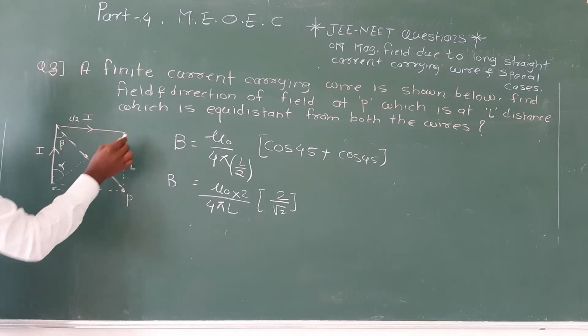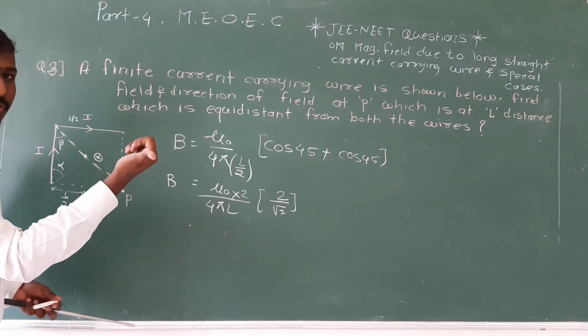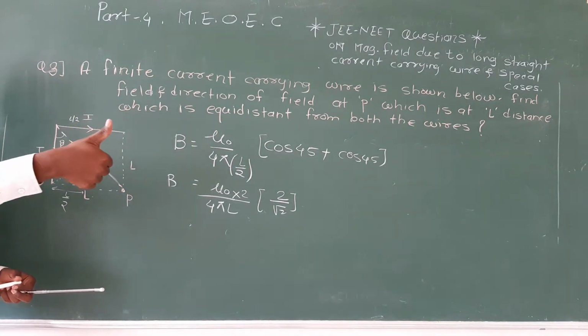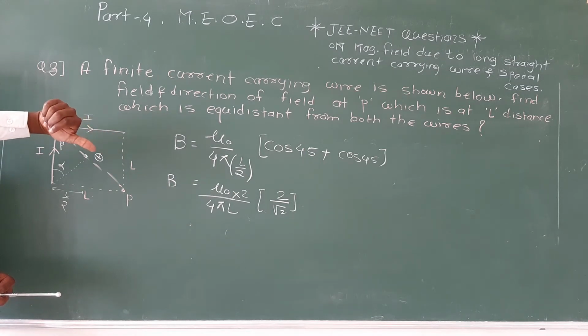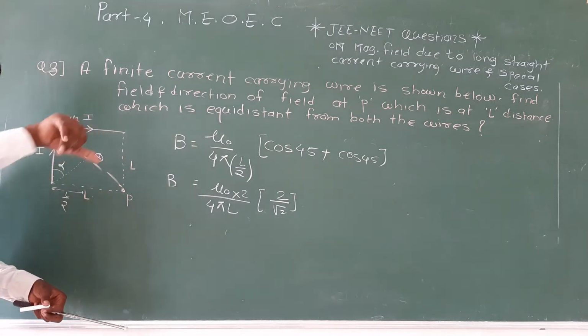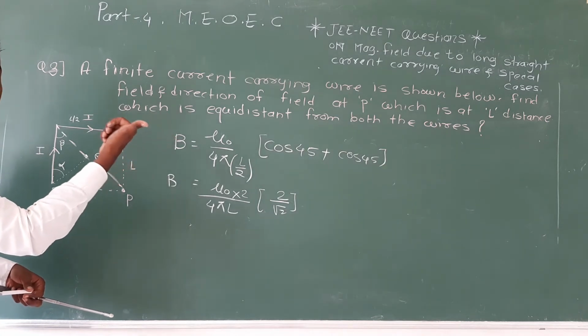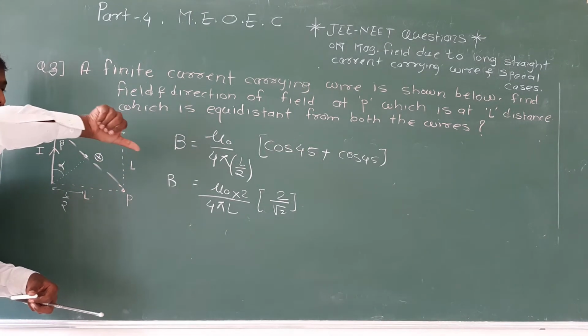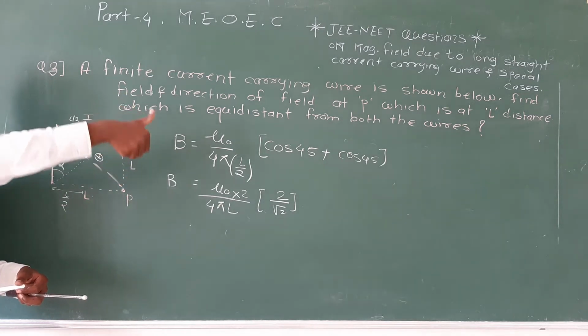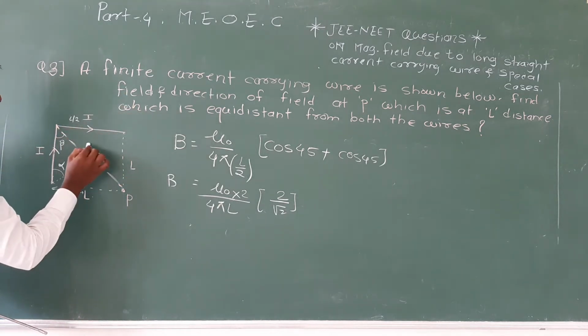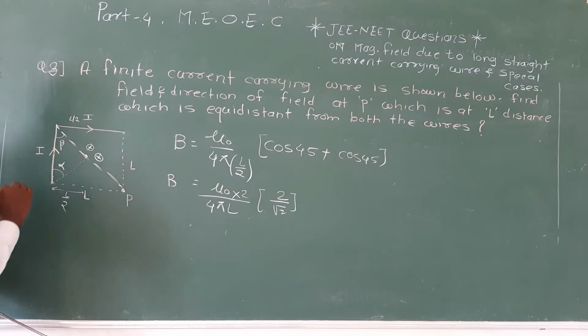Now due to this conductor, see carefully, you have to do one thing. This is your thumb, do like this. Always use the difficult way, not the easy one. You can do it like this also, but this is the easy way, which is wrong. So use the difficult one. By that you can see that the fingers are going inside. So due to this conductor also, the direction of the magnetic field is going inside.